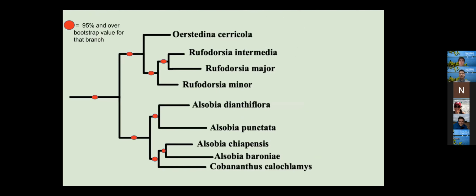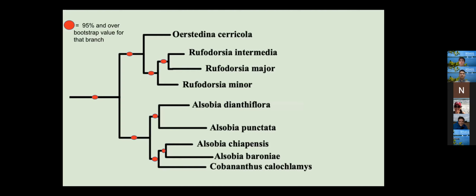Here is a summary of the specific relationships we're looking at. Based on the tree, Orsina and Rufidorsia are clearly closely related, but are still monophyletic. Based on DNA sequence data, the Sericola, Orsina, and the Rufidorsia are shown to be on different clades. They descend from a recent common ancestor and its descendants. Once again, the red dots on the branches represent bootstrap values of 95% and over.